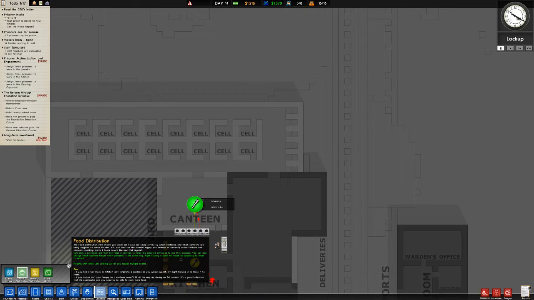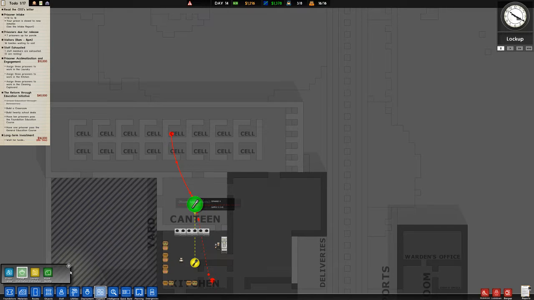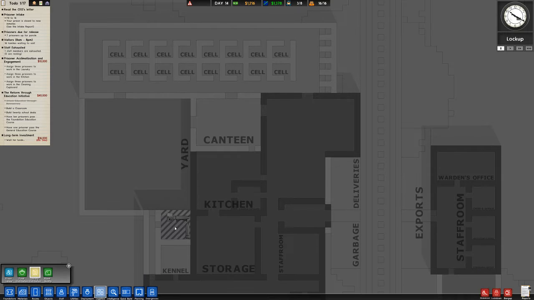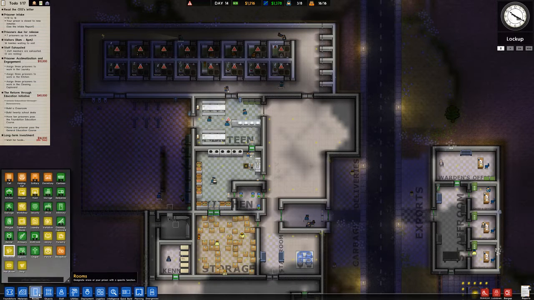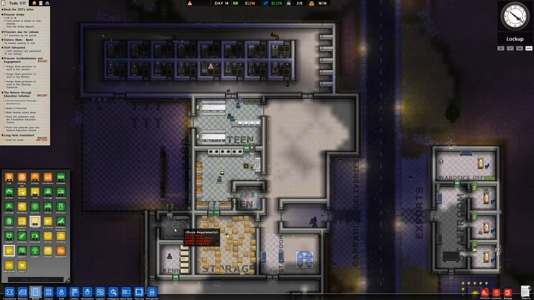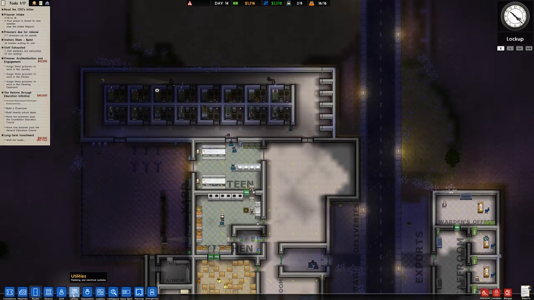I'm going to assume this is the same thing. Left click a cell block, then click the canteen. Oh, because this is backwards from... That's not a laundry. I didn't assign the room. Okay. That's why it didn't work. Okay, so...